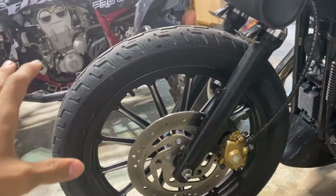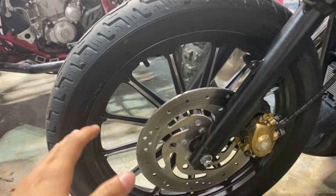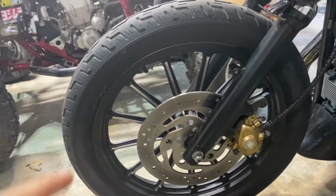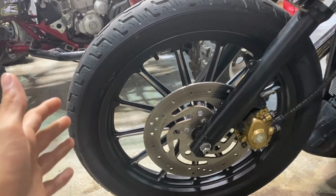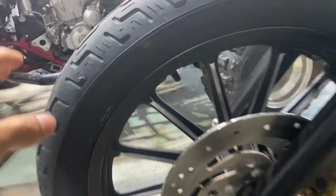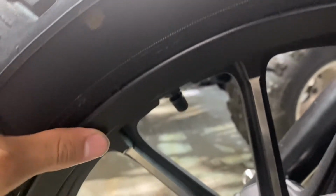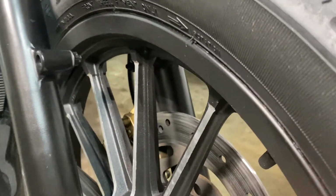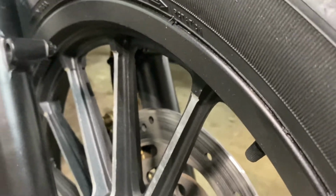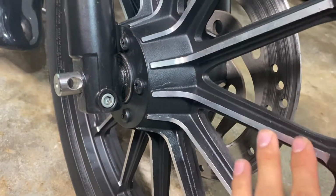It's a little hard to tell on this side in terms of the details, but so far I've been riding with them for, I'd say, over two and a half weeks, and they're holding up really well. Let's go on this side to show you guys more of the details. The whole Plasti Dip is holding up really well,